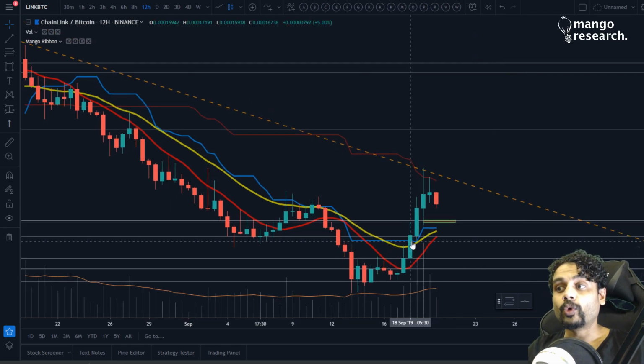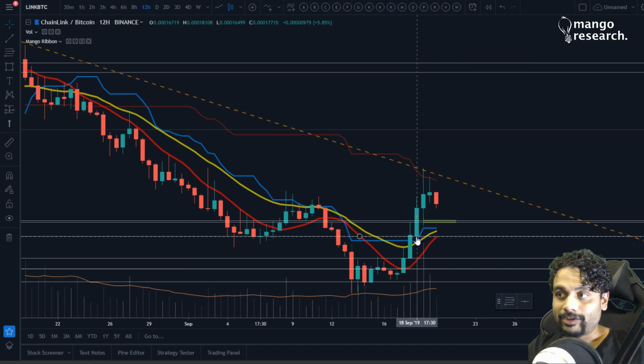As soon as we broke over the 10K and the 21 EMA, I looked to get into my trade, and right over here we got the retest of the 10K and the 21. I didn't get the exact retest, somewhere around there, and then we moved on very, very quickly to the upside, right? As soon as we started seeing this follow through, I started thinking about areas where I want to put my take profit. Okay, so